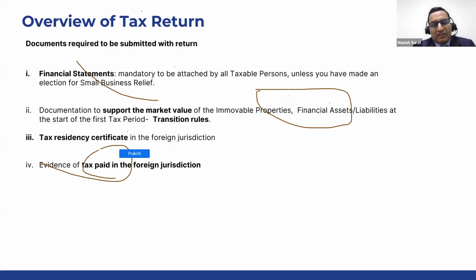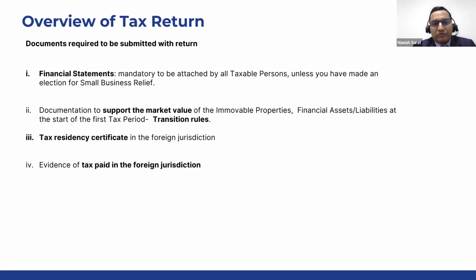And then the other document which would be required in your tax return is when you're opting for transition rules. The transition rule is applicable in case of companies having immovable properties, intangibles, financial assets or liabilities, and when they sell it during the tax period in 2024 or 25, because the market value needs to be considered, and for that the 1st January 2024 market value needs to be there. So for that they need to have documentation and support,